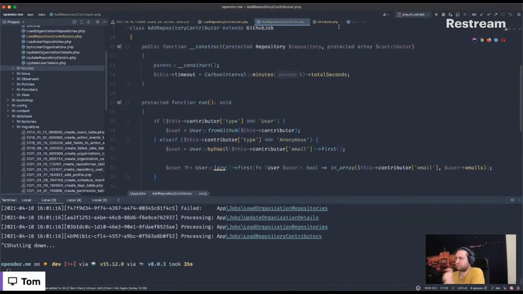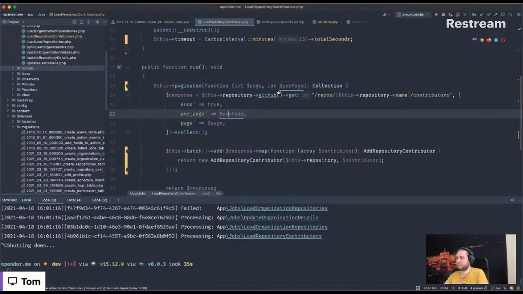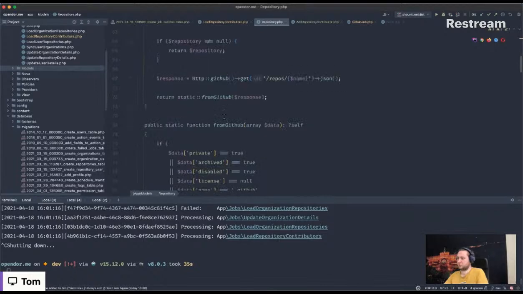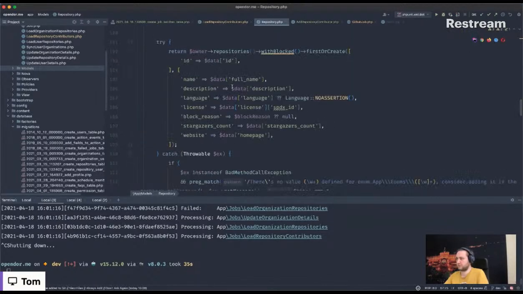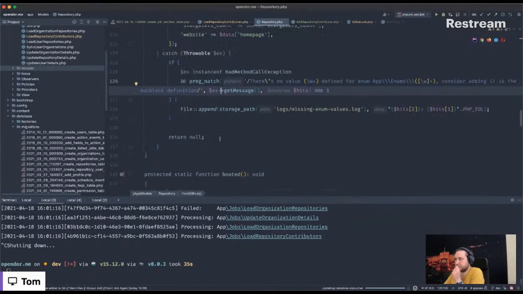We don't have any batch, I think, because this job wasn't dispatched as a batch. It was only dispatched, and I would have to dispatch it as, or into a batch. So